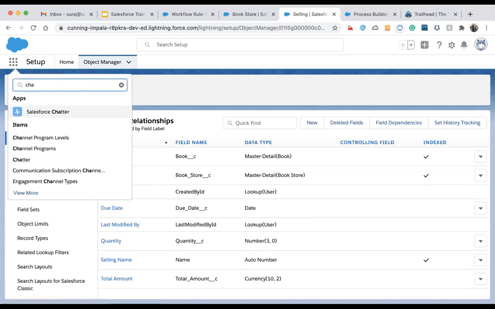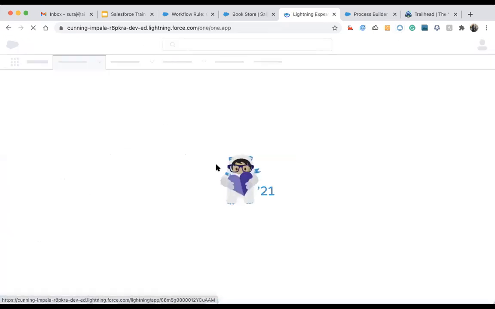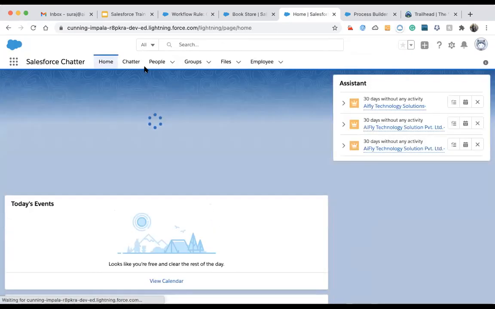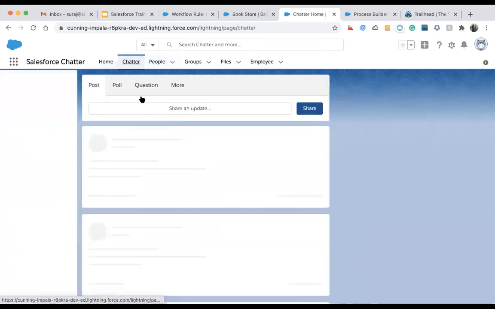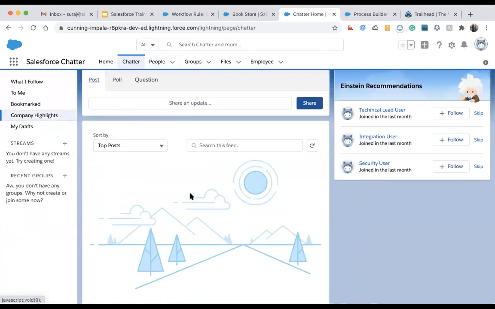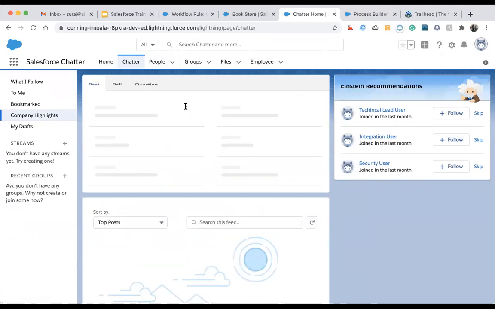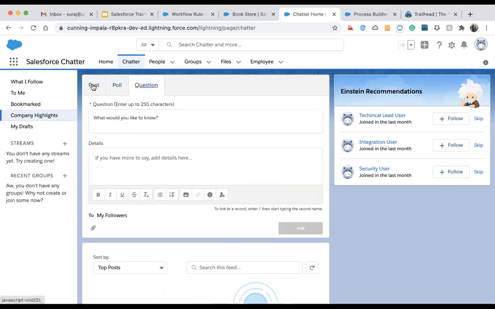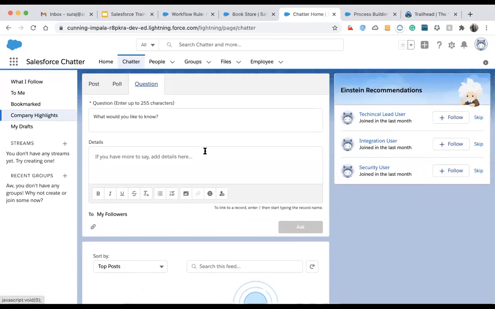Here we can see chatter. Chatter is a kind of place where people can come and put their views, share any updates or ask questions, and mention other people, just like Twitter. It's a similar kind of Twitter. We will just share an update. So it's a company chatter. People can share updates and decide who can view them. It's for sharing things, asking questions or polling, something like that. And this is related to each and every object.